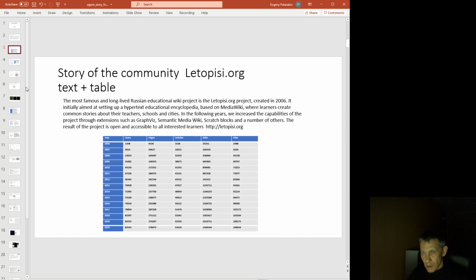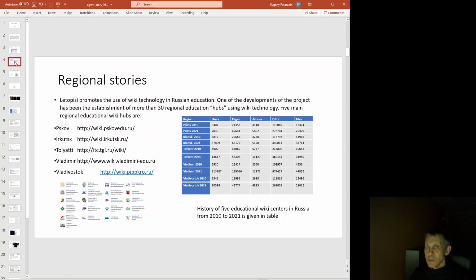and a number of others. And we can see all this process on a table or on the page of this site itself. And for all these years, from 2006 to our time, we can see how many users create pages and articles, make edits, and upload files to the LetPC site. It is not only one site, because LetPC promotes the use of wiki technology in Russian education, and there are more than 60 regional educational hubs using wiki technology, and